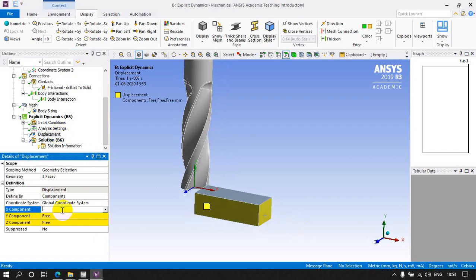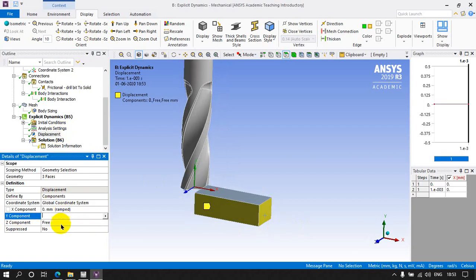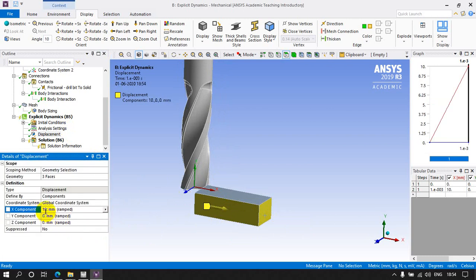Okay, let's put all values as 0. If I specify all values as 0, that body is not going to move. So in which direction should it go? This direction. If I specify a value here, let's consider 10, it is moving in a particular direction, but I want it to move in this direction. That's why we created a coordinate system previously. In the second coordinate system, we can see the direction change. When I change the coordinate system, we can see the change of direction.